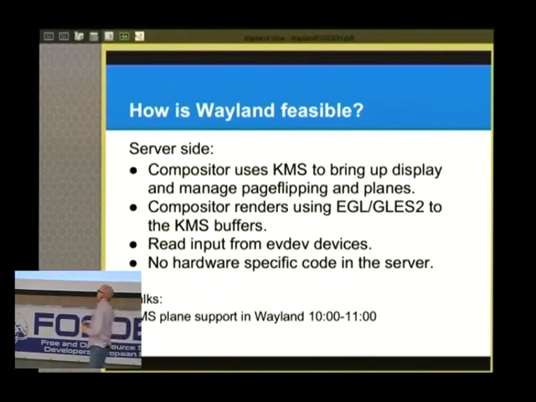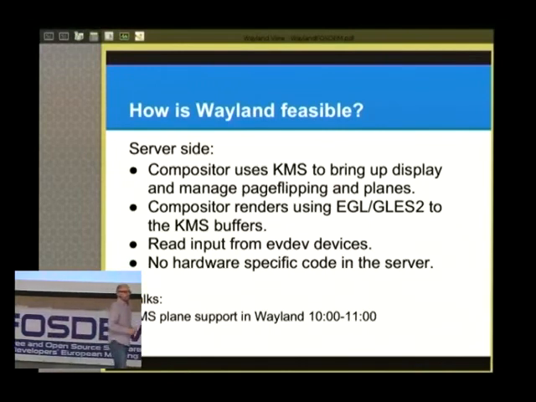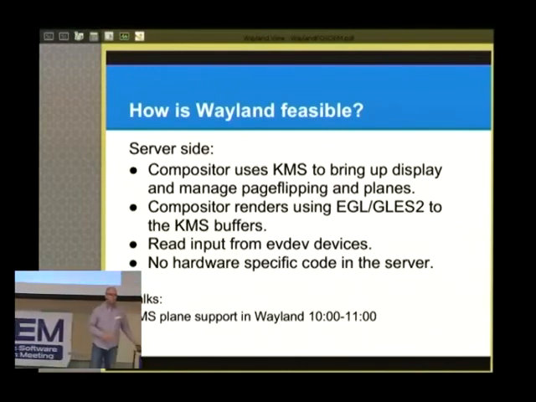And at the same time, a Wayland compositor doesn't have to have hardware-specific code paths. We don't do something different for this chipset and something else for that chipset. It's all EGL, a cross-platform and cross-chipset API for doing 3D rendering, so we're able to write a display server that doesn't have any hardware specifics. It doesn't have to load drivers. It just uses GLES2.